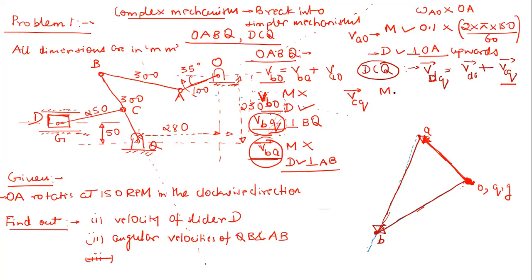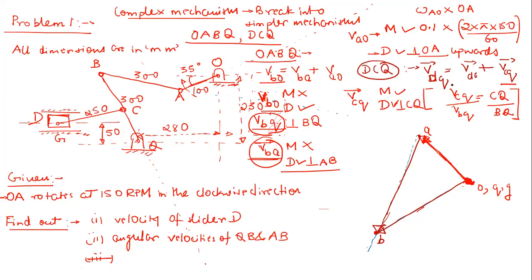This is sufficient, right? So it is possible to find out this in magnitude by simply invoking this relation, that is V CQ vector divided by V BQ vector. Right now it is in magnitude. This is equal to CQ divided by BQ, right? So from this relation, it is possible to find out the magnitude of this VCQ vector. Now the direction: is the direction of this VCQ known or not? Yes, it is perpendicular to CQ. So the direction is also known.